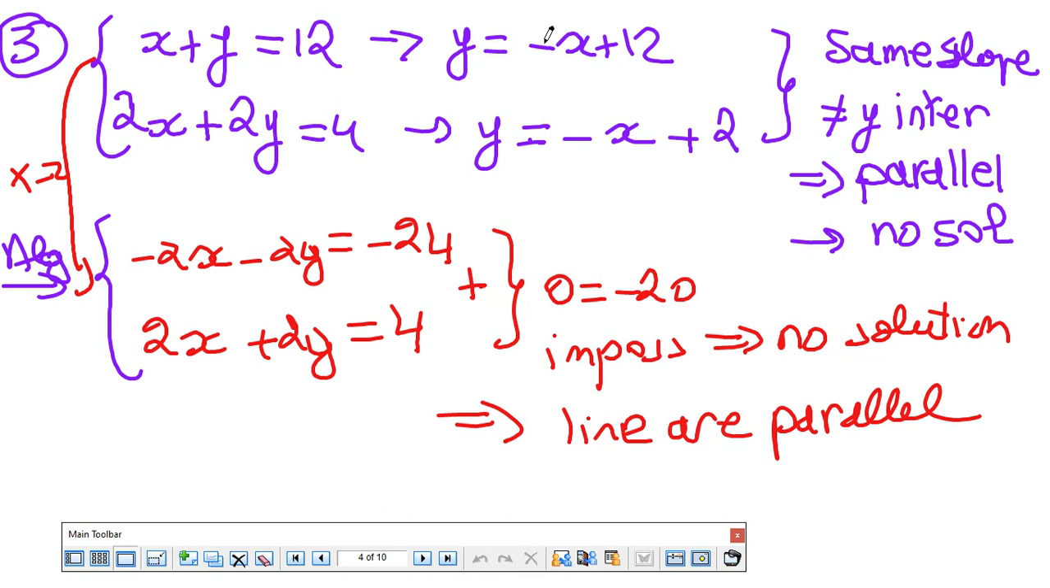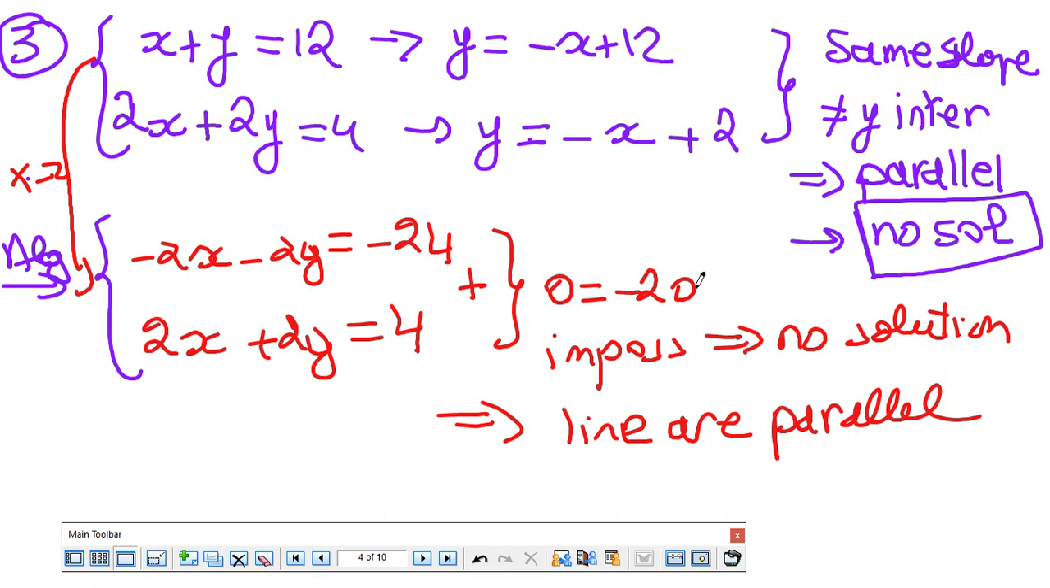I fixed it, I wrote it in the slope-intercept form. They have the same slope, different y-intercept. It means the lines are parallel. It means the system doesn't have any solution. It means if I draw those lines, they will not meet. There is no intersection. And if I do it algebraically, I did it by elimination, by multiplying by -2, I